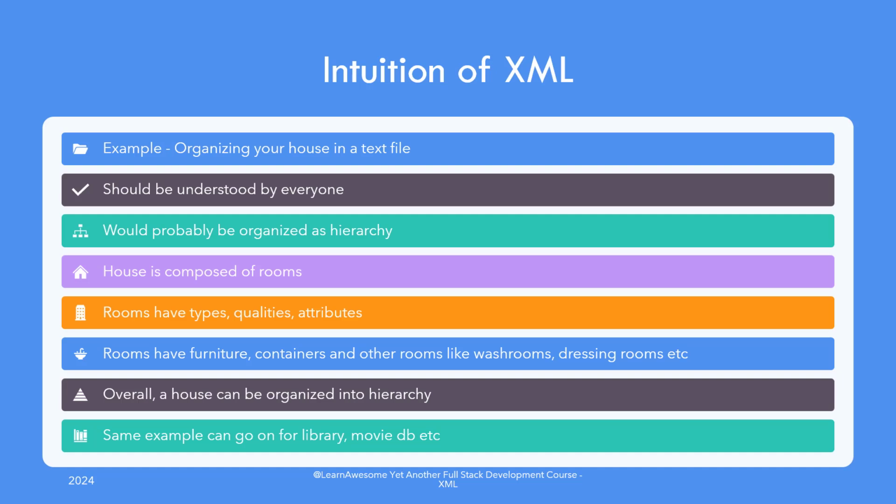So the house is like a tree structure. It is a facility which is organized into rooms. Rooms have types, qualities, or attributes describing their role, like garage, bedroom, bathroom, TV room, kitchen, etc. In each room, there are items and containers containing other items, like cupboards, storage boxes, drawers. In short, there is a hierarchy or tree-like organization in a house, and you are trying to put the tree definition